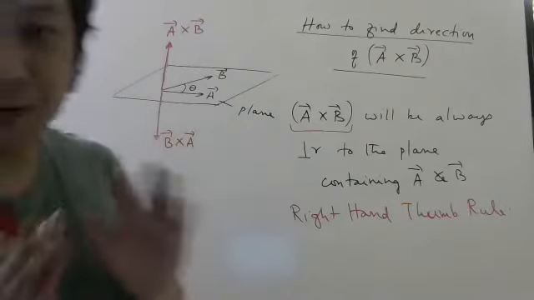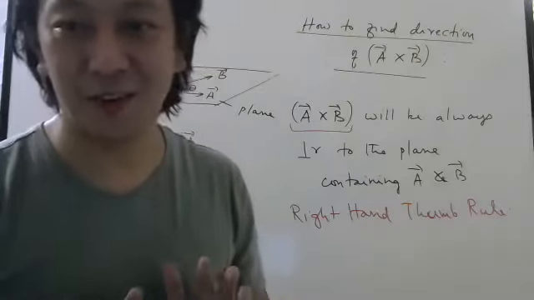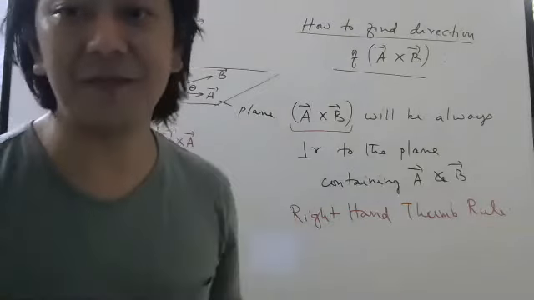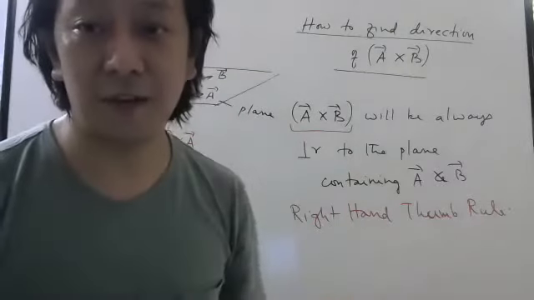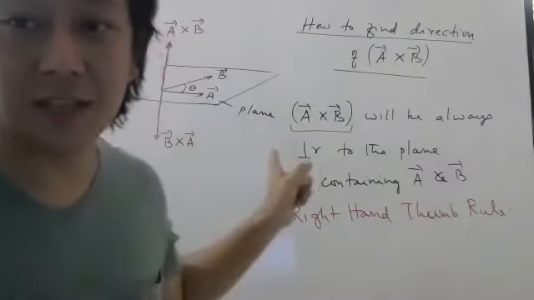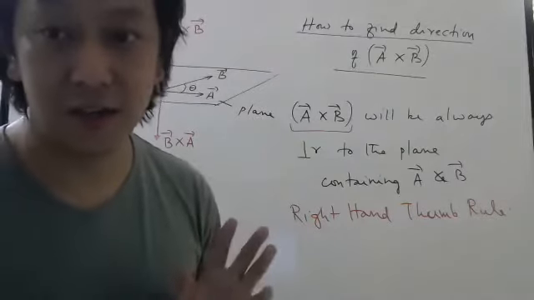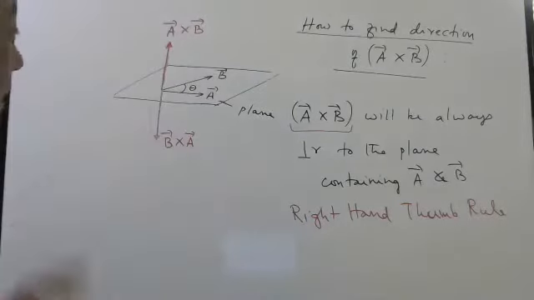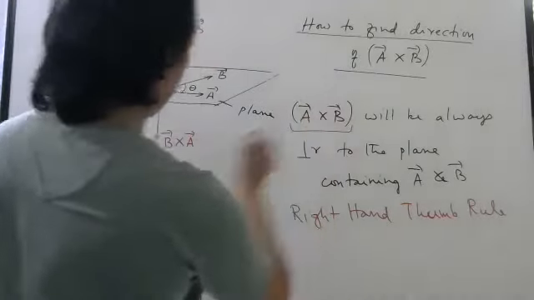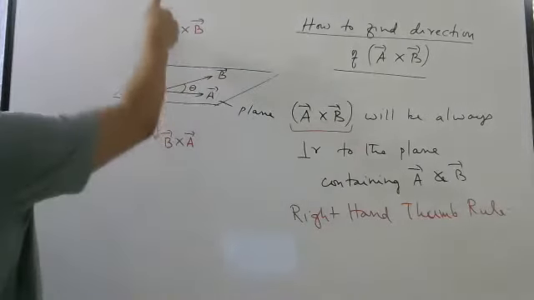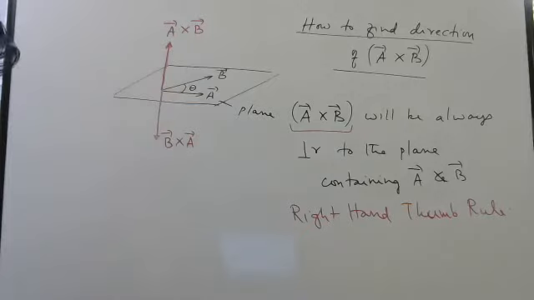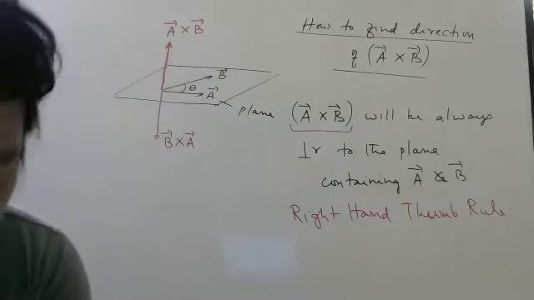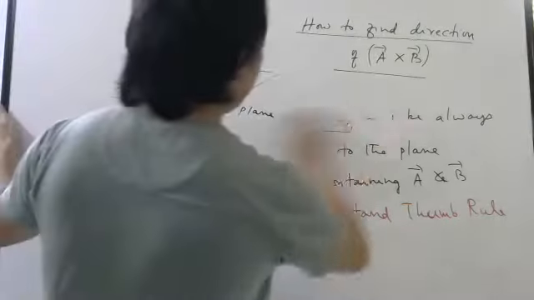Okay, students, take some time. I know these are new things for you, but this is how we study the magnetism chapter. Even in the rotation chapter, when we study torque, these things are going to come. So please remember how to find the cross product of two vectors. A cross B is up, B cross A is down. Now let me give you one question to try.